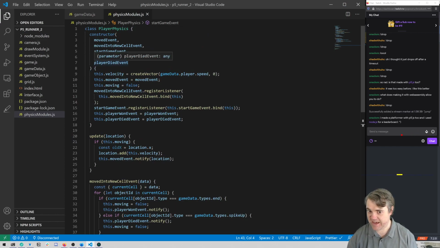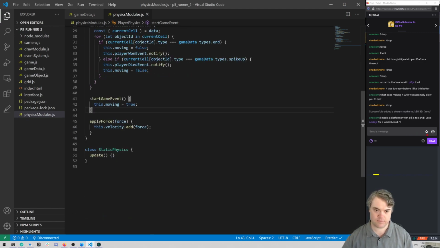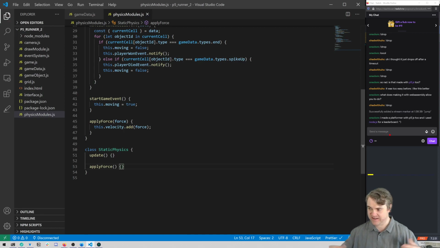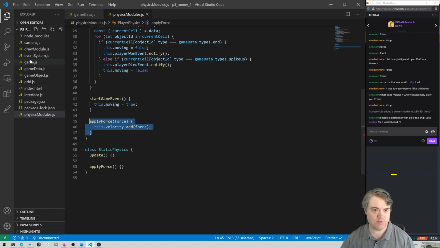So I could have a flag affected by gravity, and if that's affected by gravity, we run this function. Or I can just say, you know what, everything has this apply force. However, static elements don't really care about it. They're not going to do anything about applying the force like this. But this one does. And that means in our grid,